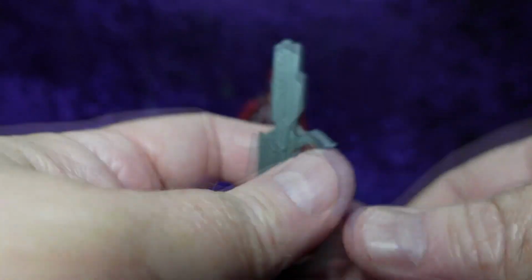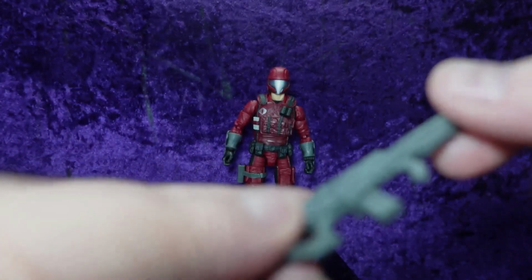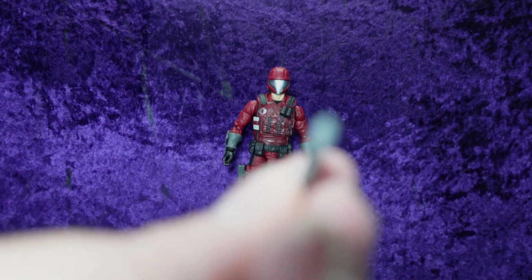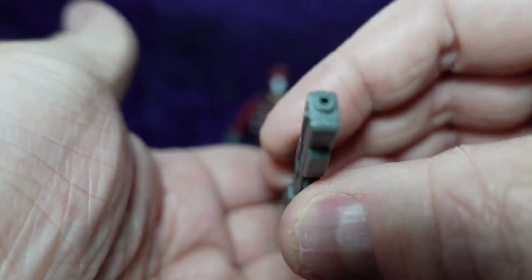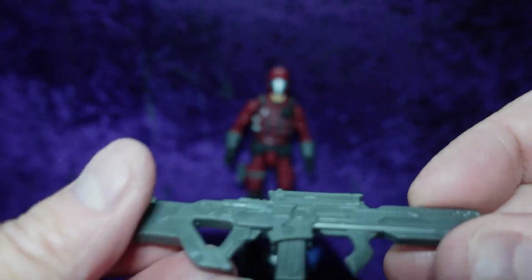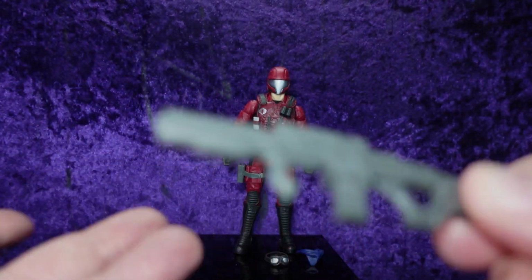But I like the rifles that do have a place for two hands. That's really cool. And it does have a, I don't know if the pistol has a place. Okay, the pistol doesn't have a solid or a hollow barrel there, but the rifle does. If you wanted to put gun effects in there, you could do that. But this is really well done. It's all in gray plastic, but it's really well detailed. The original being in black, and